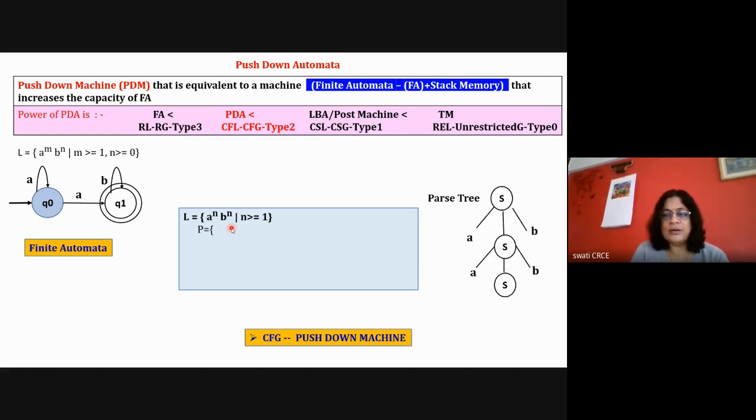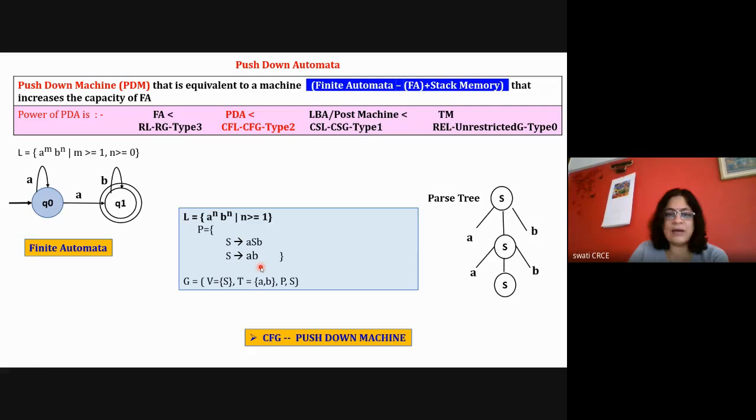So this language is called a context free language, where if an A is generated to the left, a B is also generated to the right. With such a rule, we define S in terms of S. If one A is generated at the left hand side, the corresponding B is generated at the right hand side. And to stop the recursion, we write down the terminating condition, because here n is greater than or equal to 1. We say S is equal to AB, and we stop. So like this, it is a context-free grammar.